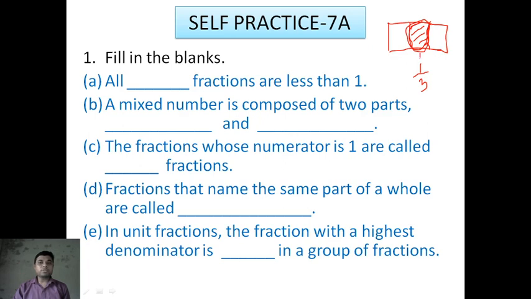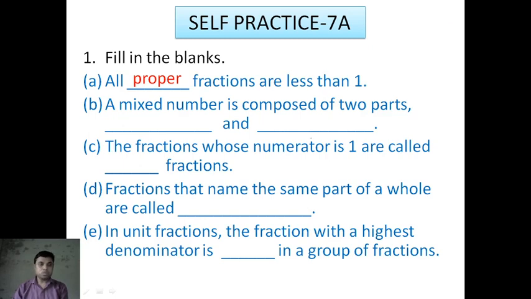And this portion means what? 1/3. So 1/3 is less than this whole. That means 1/3 is less than 1, and 1/3 is which fraction? 1/3 is a proper fraction. So please remember that proper fractions are always less than 1. And mixed numbers and improper fractions are greater than 1. See here, this is the proper fractional part, and it is always less than the whole part, and the whole part means 1. That means this fraction is always less than 1.